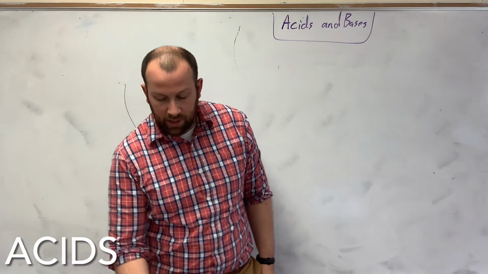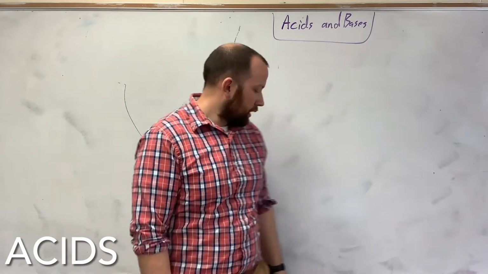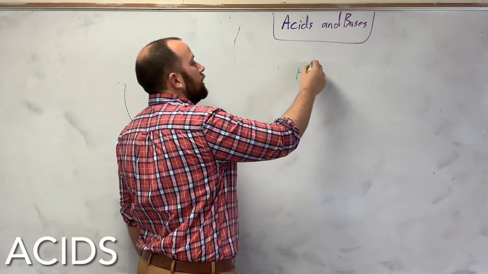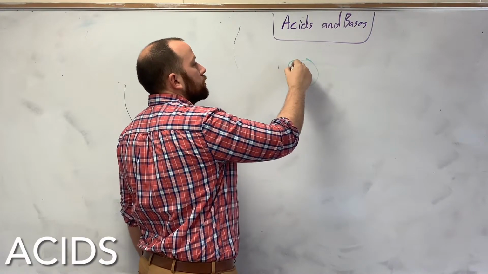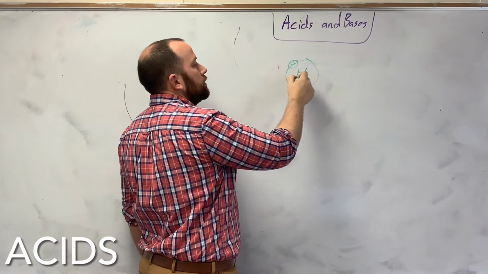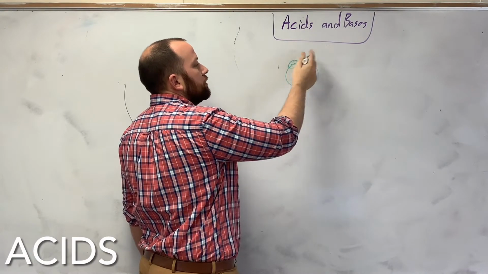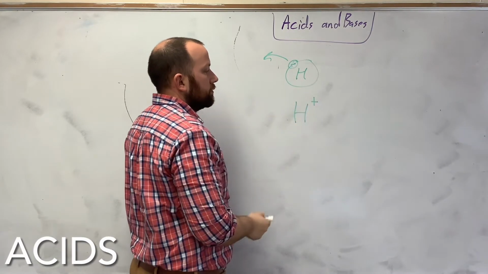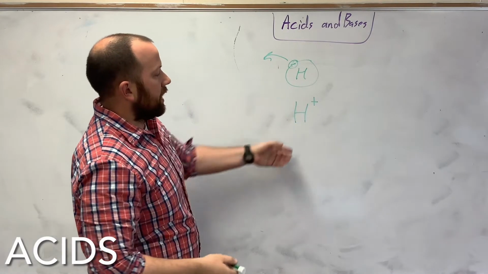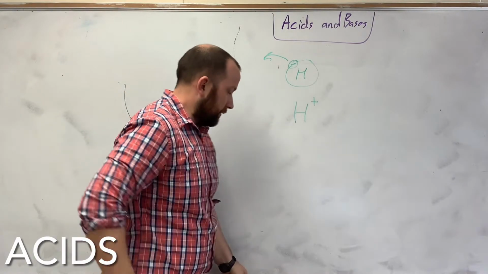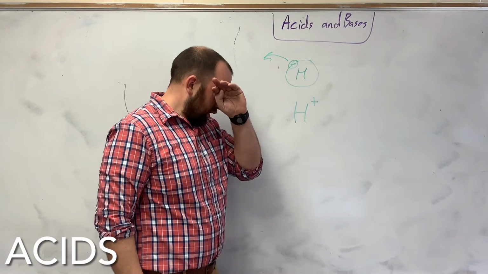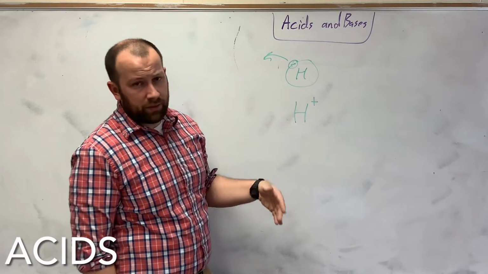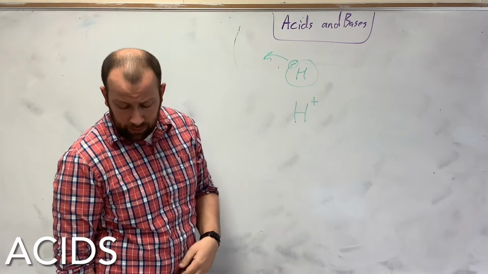So that hydrogen ion, which hydrogen ion means, so if you have hydrogen, you have one electron out here. To make that a positive ion, that electron goes away, and you end up with H plus. That's a hydrogen ion. It means it has a positive charge. That's what an ion is. It either has a positive or negative charge because it has too many electrons or too little electrons to make